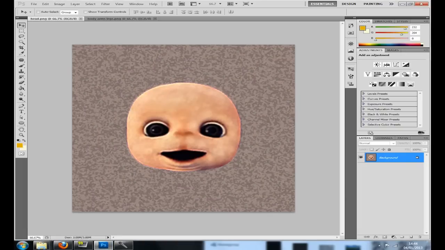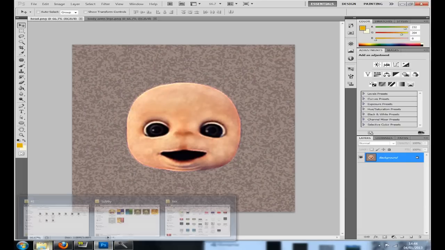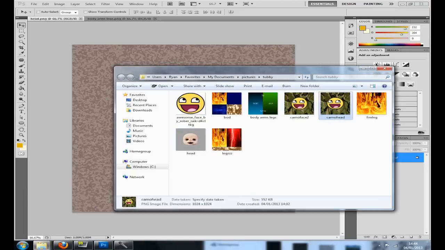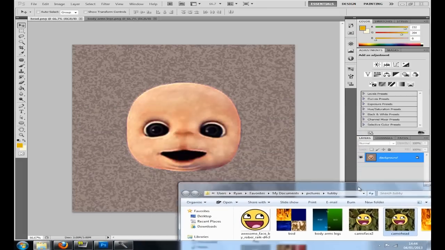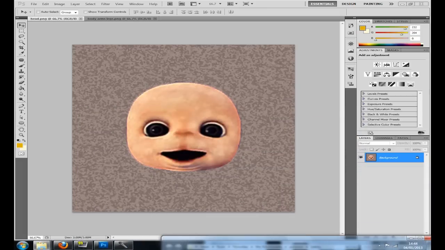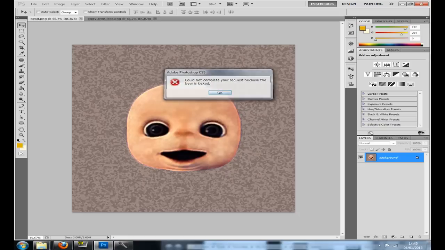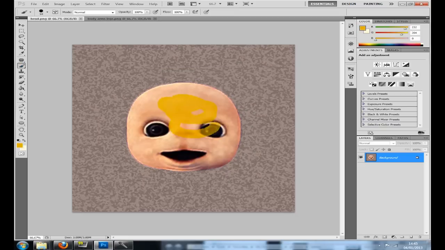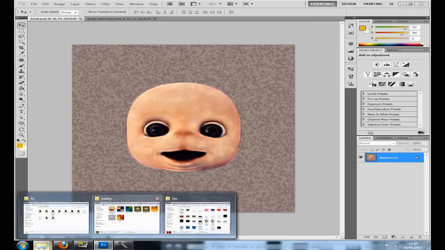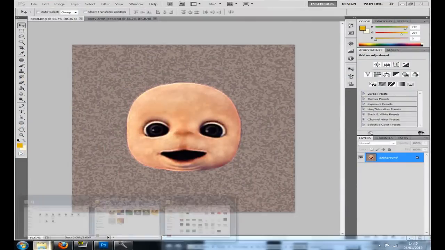Now I'll show you how to make one of these. You probably saw it a little while ago. They're actually really simple because you don't have to draw anything. But if you just want to draw a scar or make his eyes red or something, that'd be easy. You would simply draw on them like that, and then save it. But since I'm going to show you how to do something a little bit different and make it faster, all you have to do is get the picture up